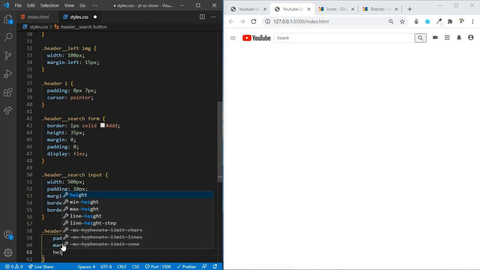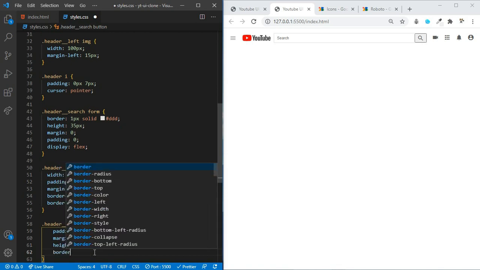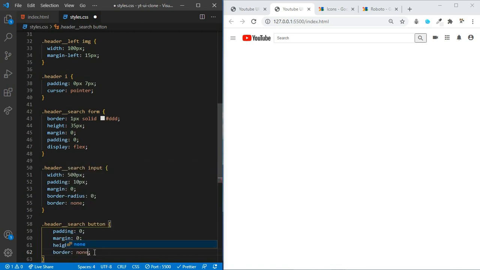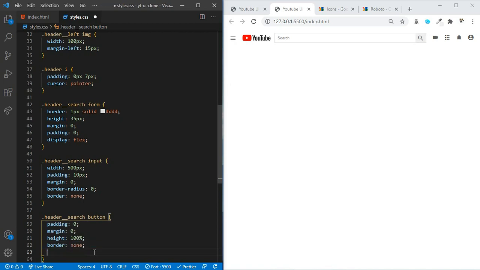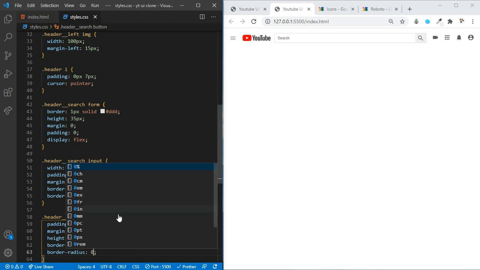Let's set the height to 100%, and we are going to say border none. Let's save. Okay, let's also say border radius to 0. Now we have completed styling the header section of our project.